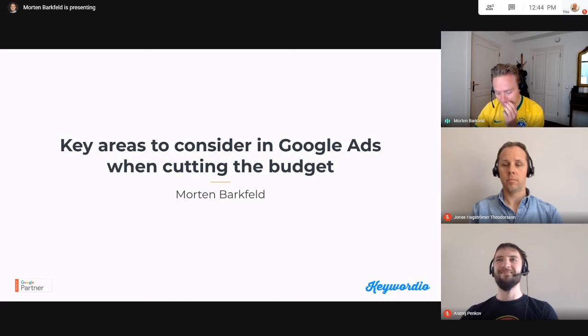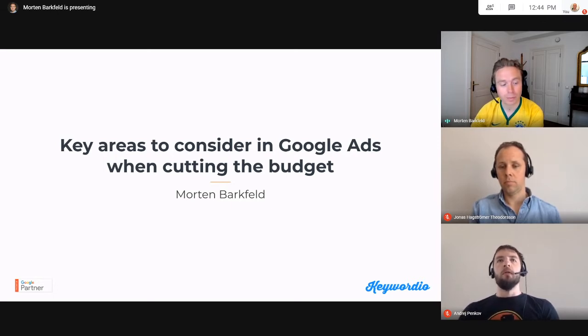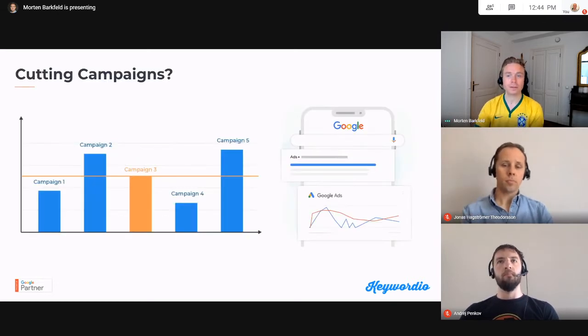So let's start, and let's assume that we want to cut budgets, because it could be COVID-19, it could be that your company doesn't have as much growth, and we see this all the time. We're trying to help our clients see how to do this best, and we actually manage to get some great results, even when people want to cut budgets. It's actually quite impressive. So let's start.